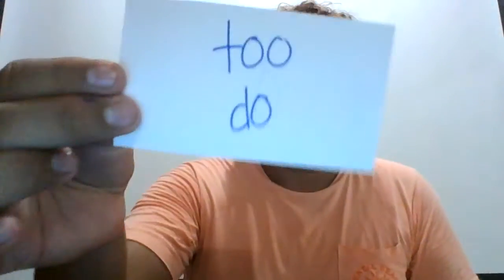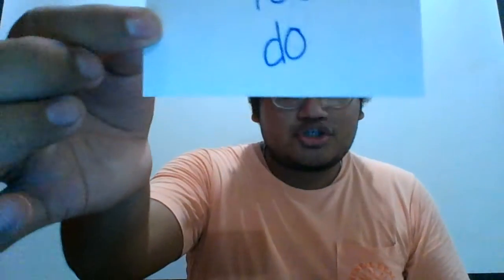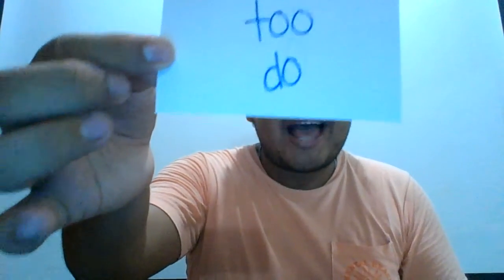Okay, and the anomalies with the D sound are some words that are pronounced almost the same, but this time they don't have the D sound in the writing. They have many other letters like T or D or C. Okay, for example, the words to and do, to and do. You can see that they sound almost the same, but they're different.